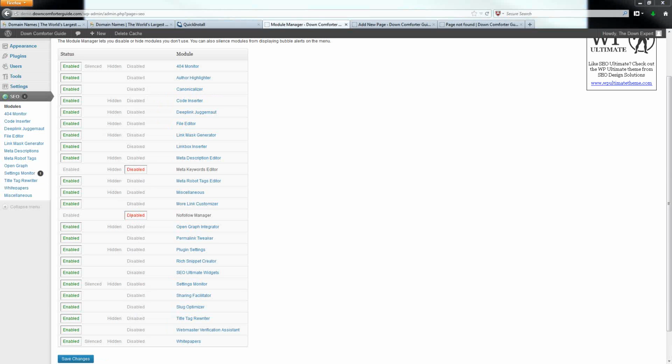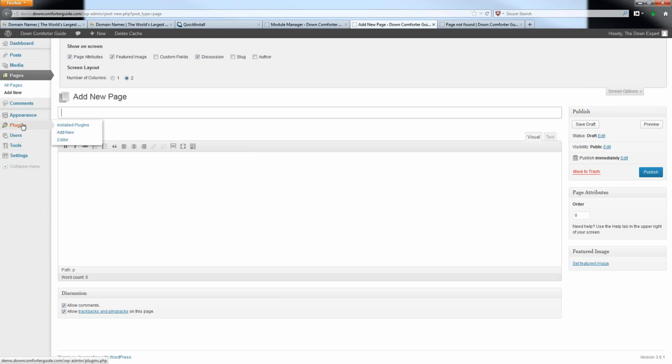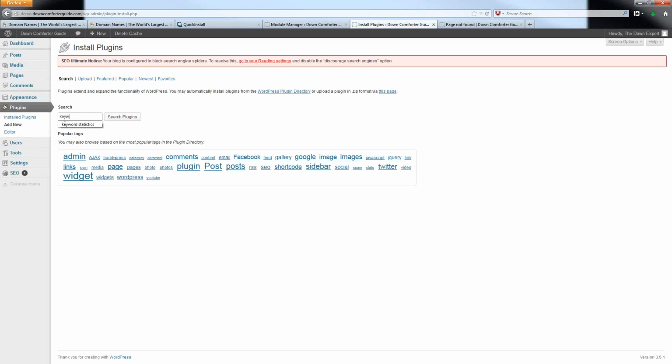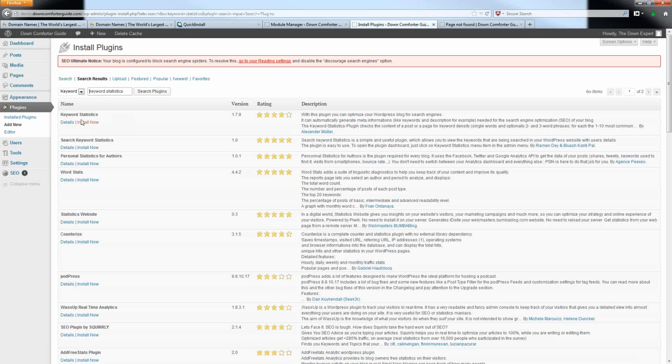I actually will find myself using on at least some of my websites other plugins that may actually do the same thing that this plugin will do. It won't do everything that it'll do, but there may be one particular purpose. And just to show you what I'm talking about here, I'm going to go and install one additional plugin called Keyword Statistics. And this plugin